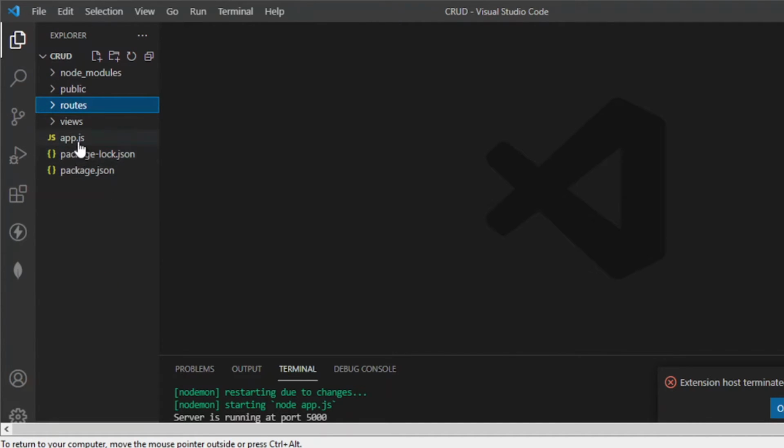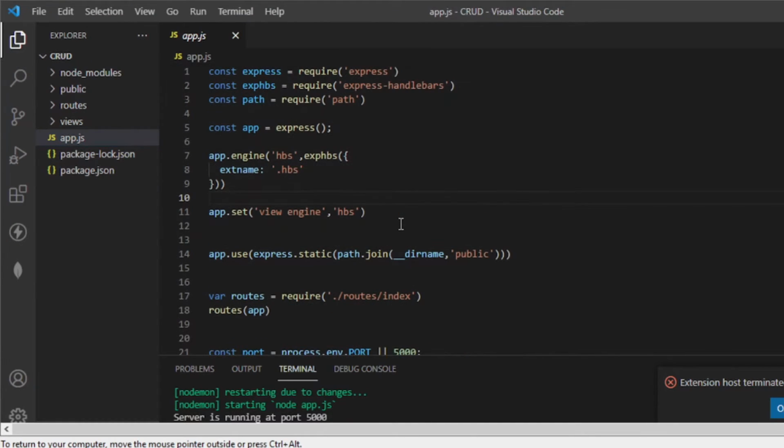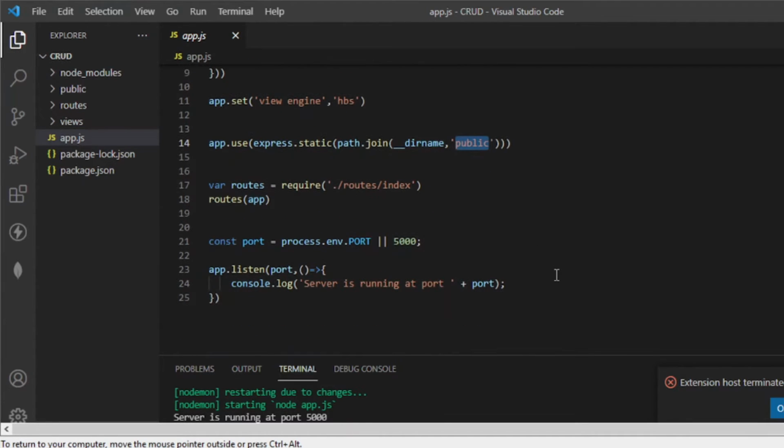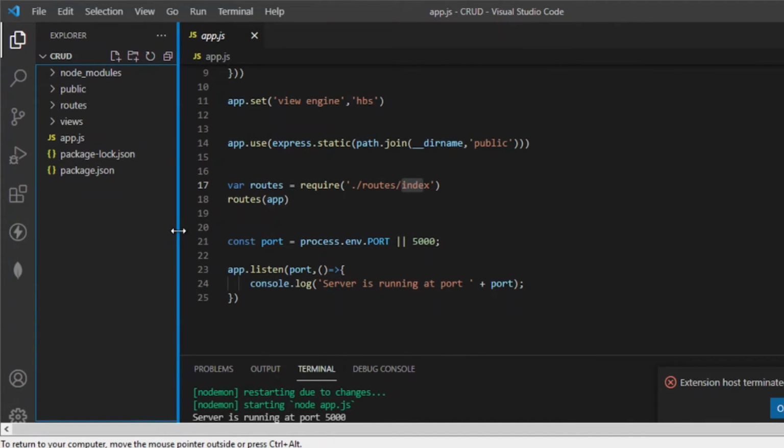Okay, let's review again. From this section here, the last part is assigning the public path, and from that, we also assign our routes. So now that we have our routes, the views, the public, the next thing is we're working now on the database. To begin with, we'll be using MVC, the model view controller. So to understand clearly,